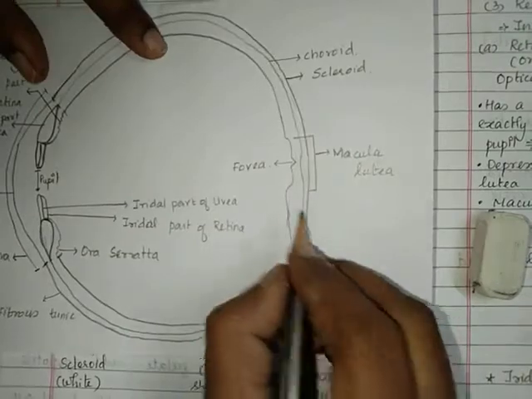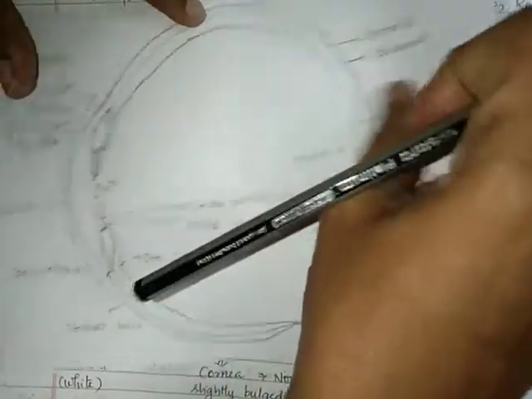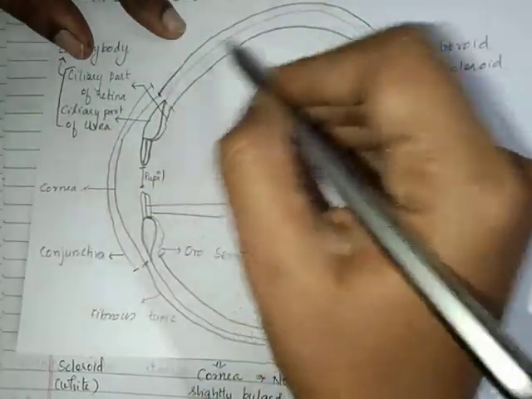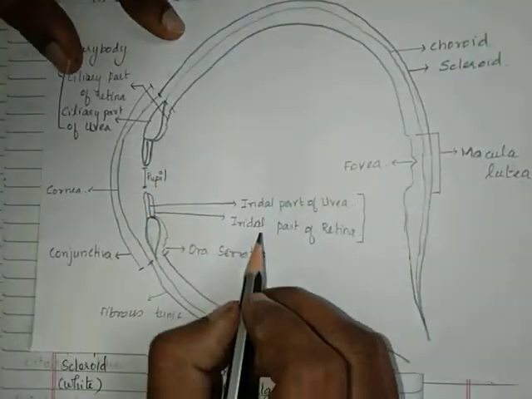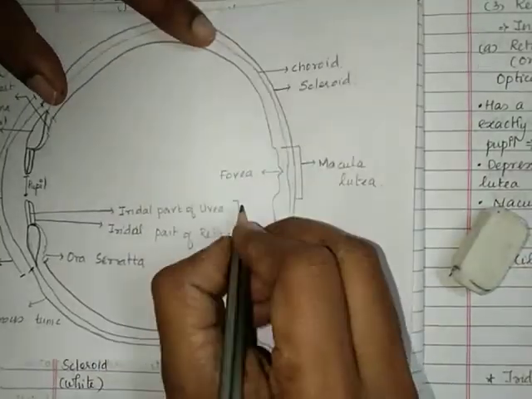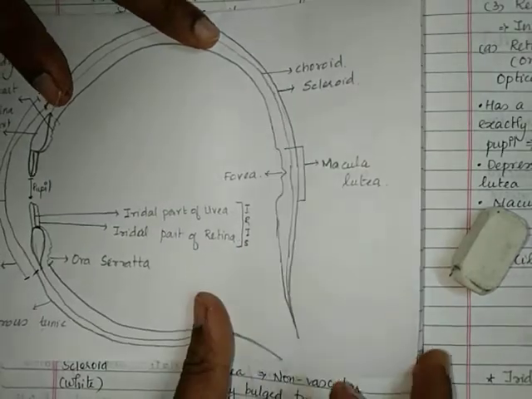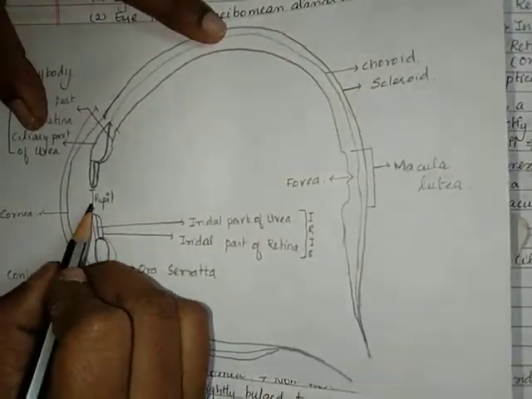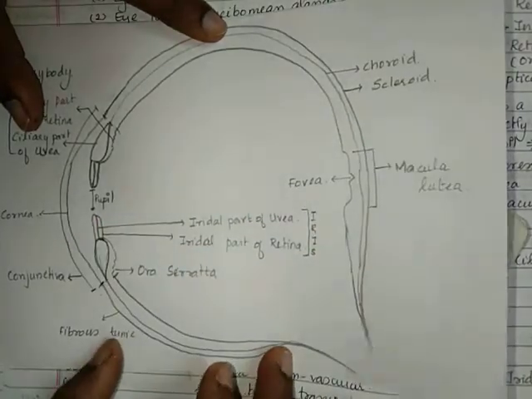We are studying them separately because it is easier for learning. So the ciliary body is going to be a part of the choroid layer, that is the second layer, uvea or vascular coat, and a part of the retina layer also. Similarly iridal part of uvea and iridal part of retina together is called as the iris region, and the space between the iris region is called as the pupil. The pupil is the place where light is allowed to pass through inside the eyeball.